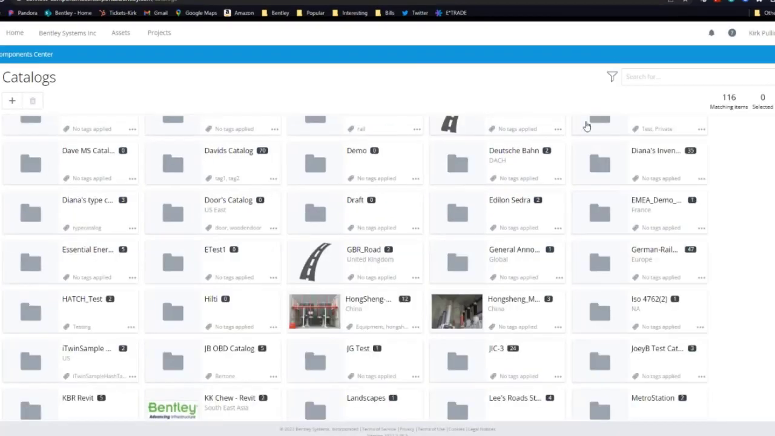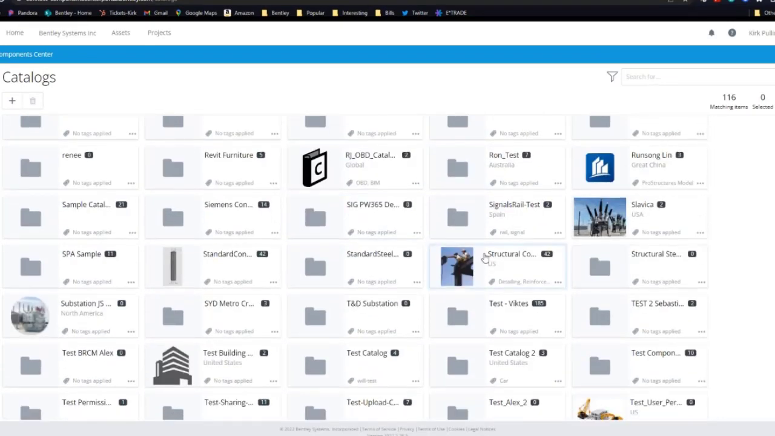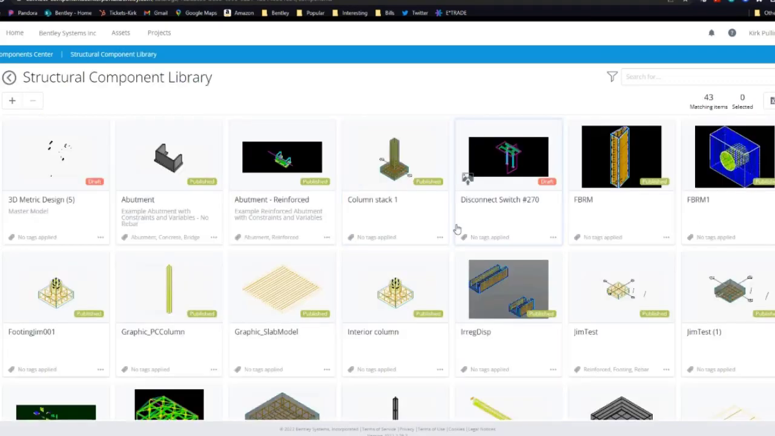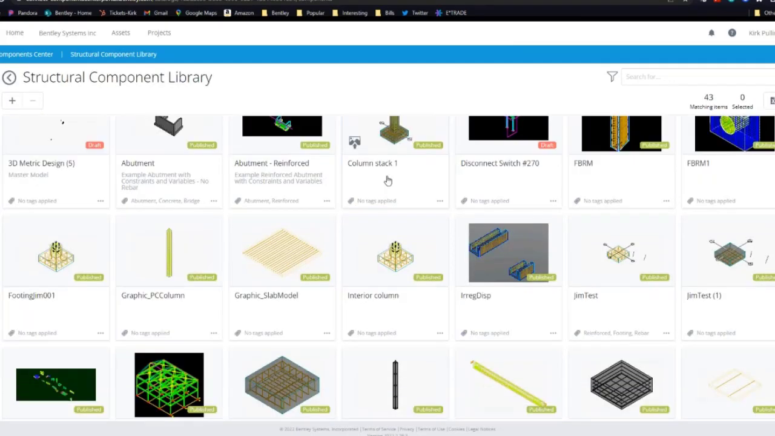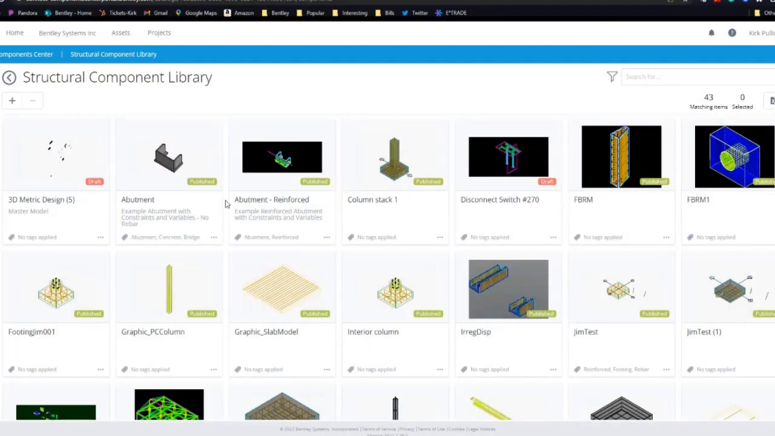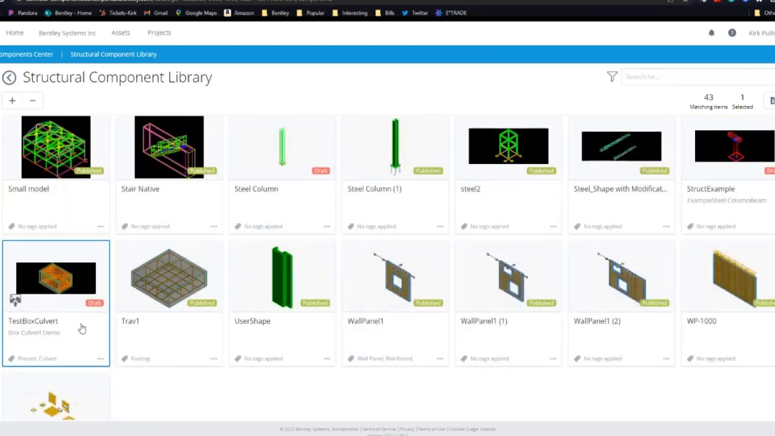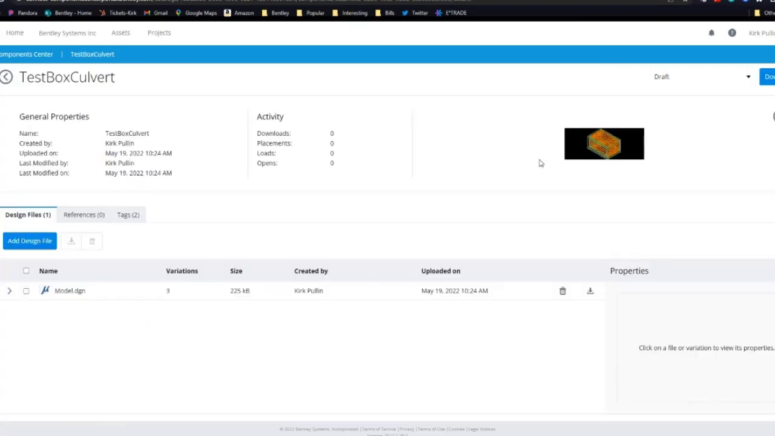So let me go to a full screen here, and I am on the catalog. So I'm going to go down to my structural components. I have already uploaded one in here under a different name, but I'm going to scroll down and locate that box culvert. So test box culvert, there it is right here. So I'm going to look at the details of this. And in order to make this available for use, I need to switch it from a draft to a published. And once the status has been updated,